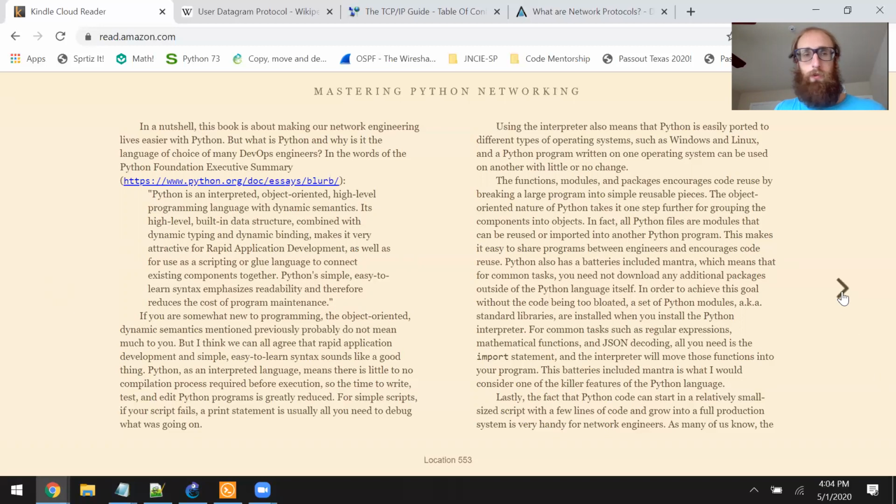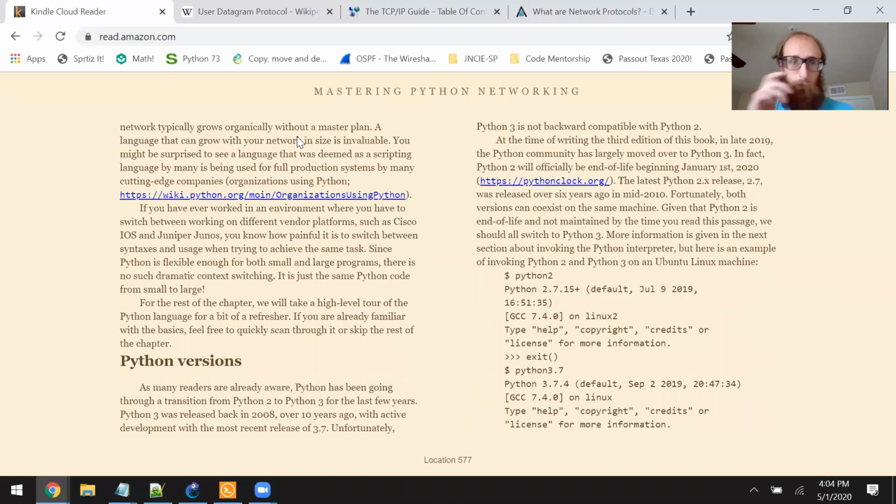As many of us know, the network typically grows organically without a master plan. A language that can grow with your network in size is invaluable. You might be surprised to see a language that was deemed a scripting language by many is being used for full production systems by many cutting-edge companies,